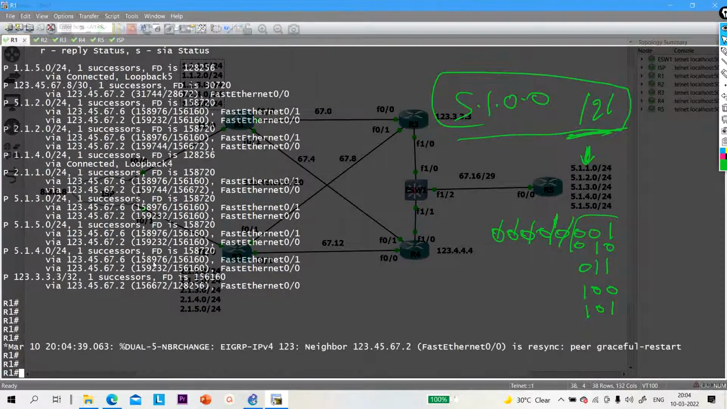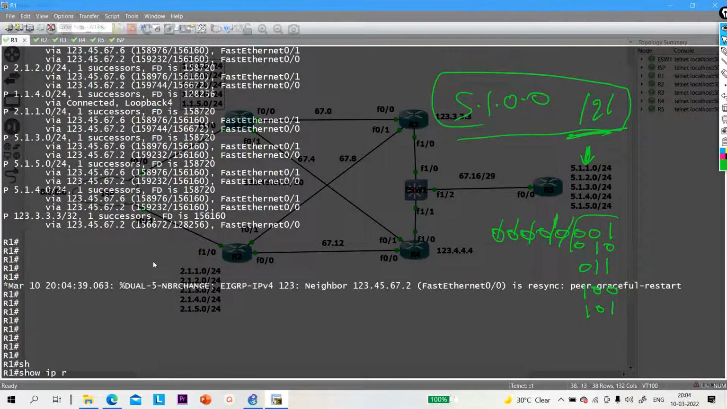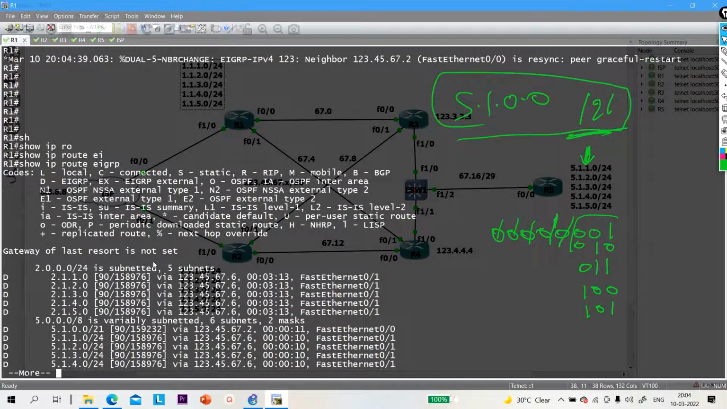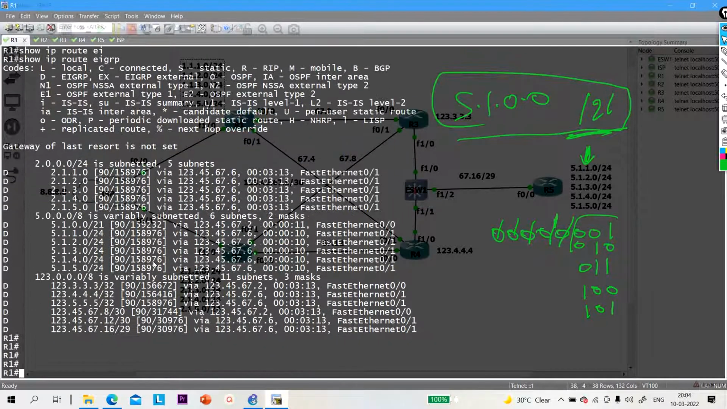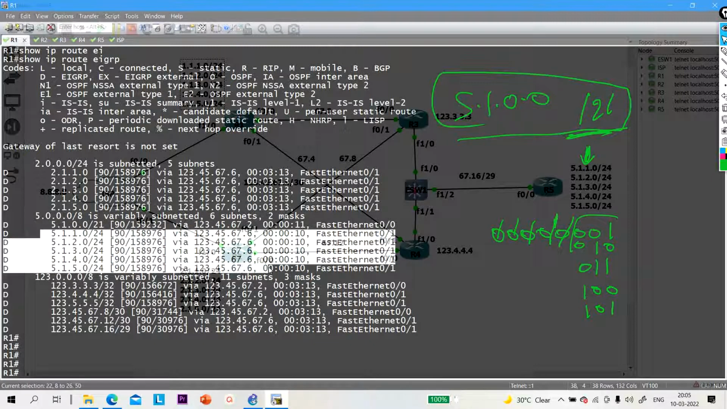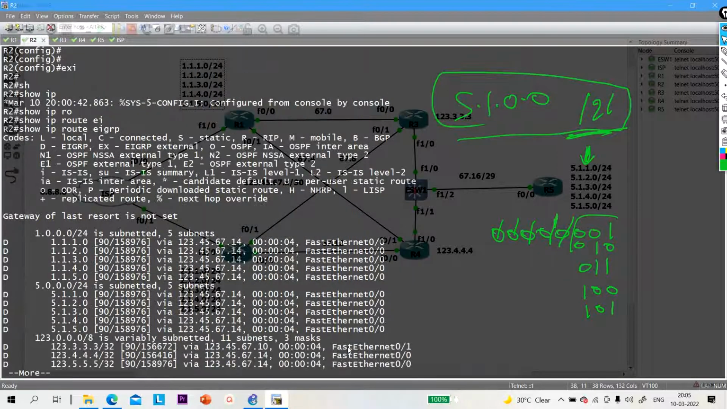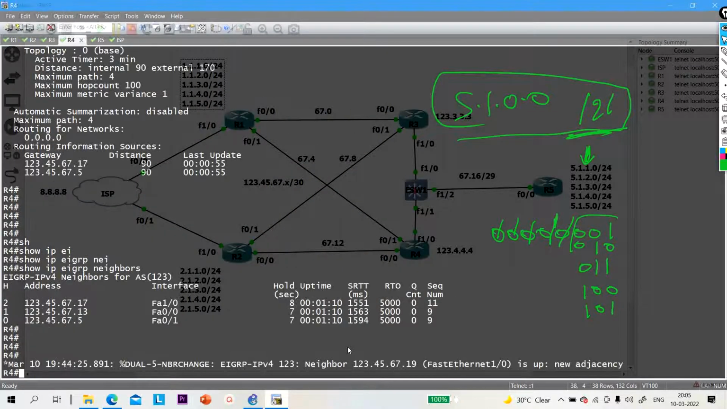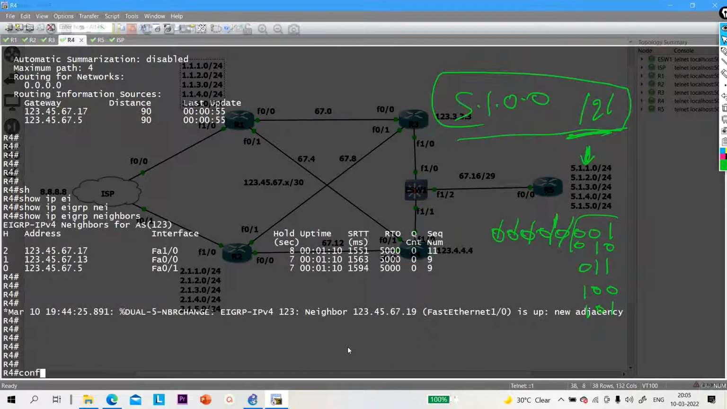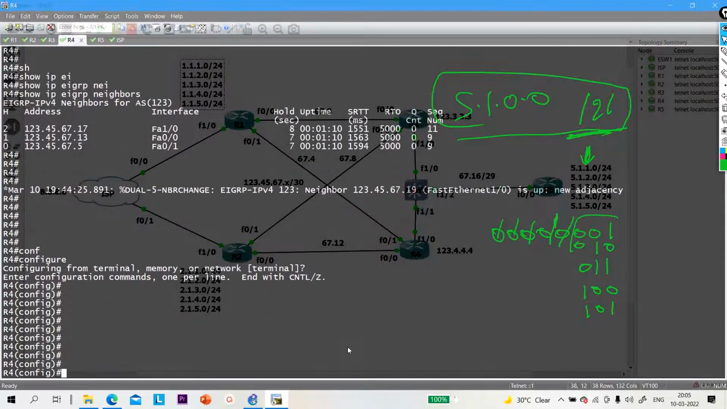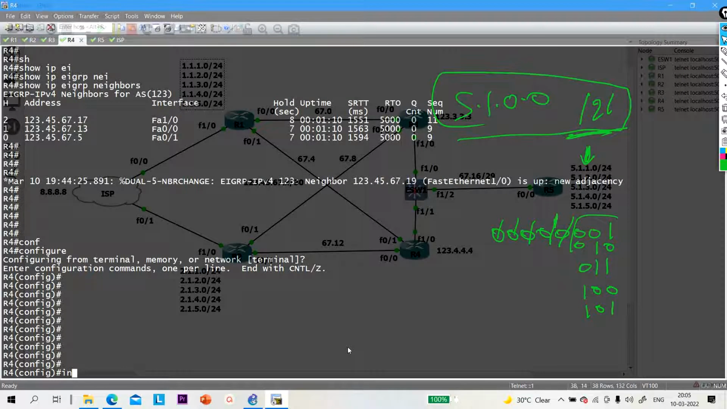R1 is receiving one summary address, so IP route EIGRP. So here is the summary address. R1 is receiving the summary address via R3 and particular prefixes via R4. In the same way, go to R4 as well and configure terminal. Now interface,